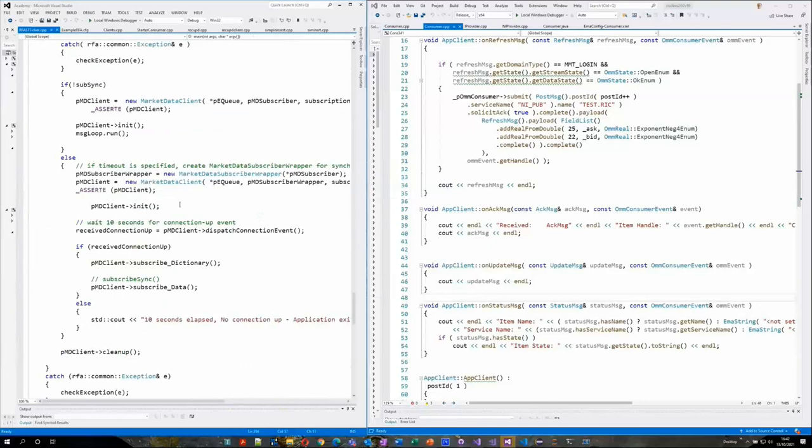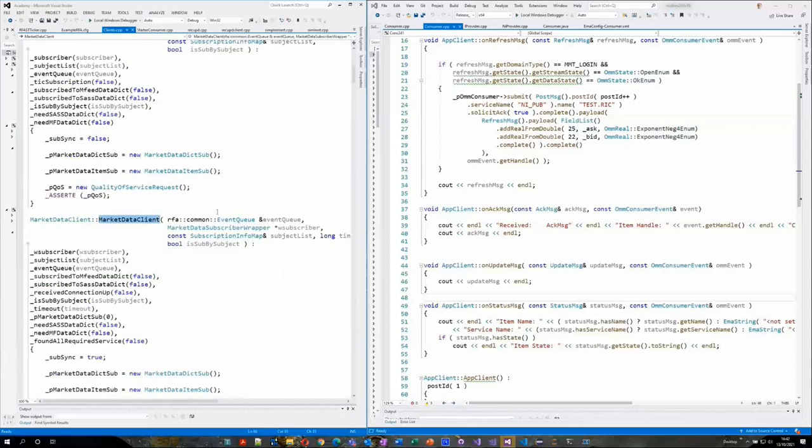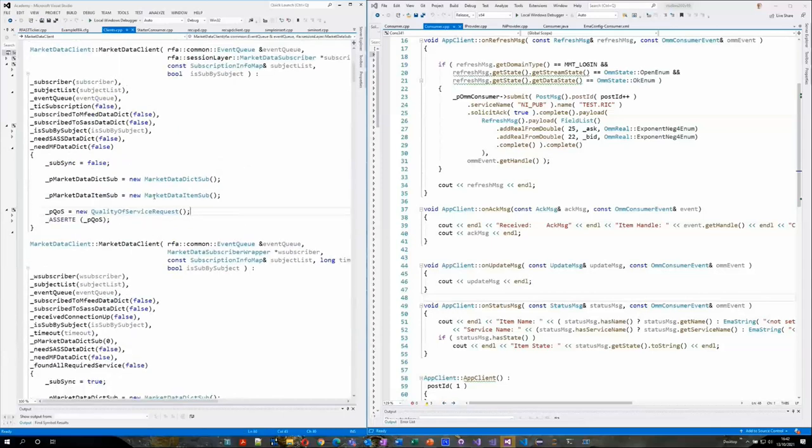And then we actually have to create a market data subscriber as well. So let me quickly jump to the actual code for our market data client. Again, this is several hundred lines of code, so I'm not going to go into too much detail, just key things. With RFA Market Feed as well as RFA OMM, for the data dictionary that's required to unpack the data, you have to download the dictionary or load it yourself from a file, unpack it and parse it in order to use it later on.